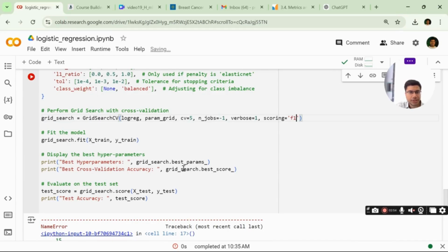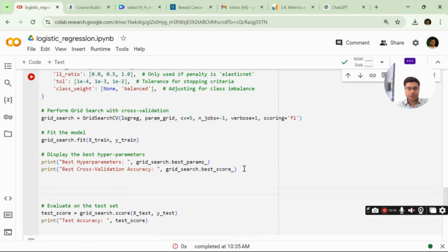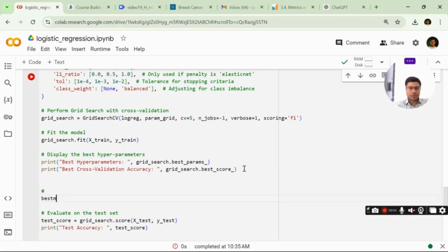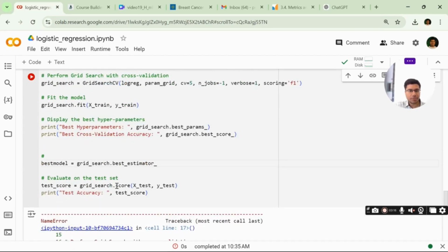Then we fit, we get the best hyperparameters, and here one more thing, the best model. So create an object of best model, which will be the best estimator of grid search. I am writing best estimator, and that estimator we are applying on the test set.